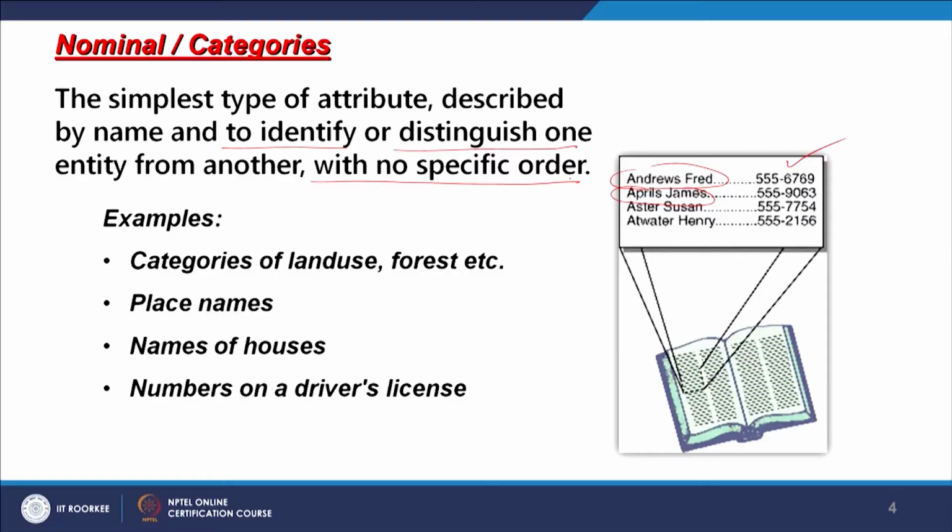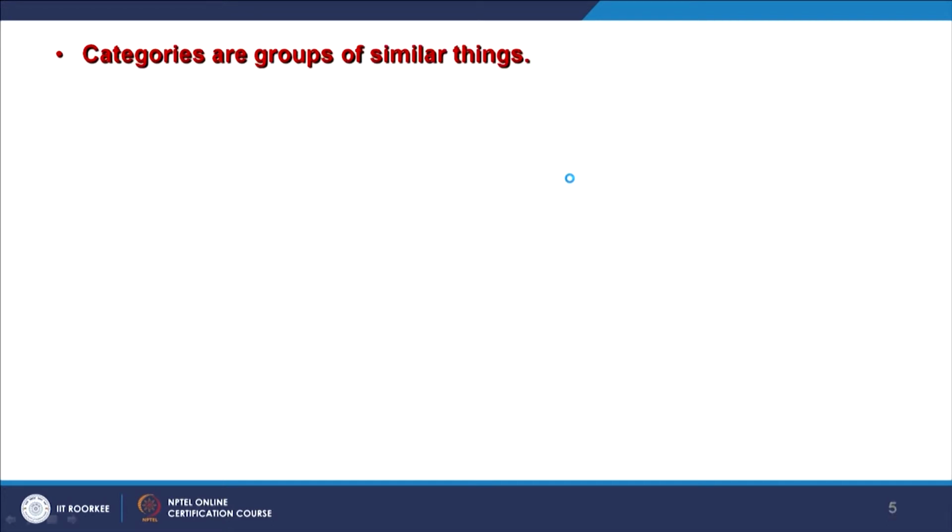Now this is a very interesting example. Though it's a numeric value, a driving license number is a number, and that means I can perform arithmetic operations on this. But if I perform them on numbers like an Aadhaar number, then I may not have any results whatsoever, because even a husband's and wife's Aadhaar numbers may be completely different. So if I take an average, it is not going to work.